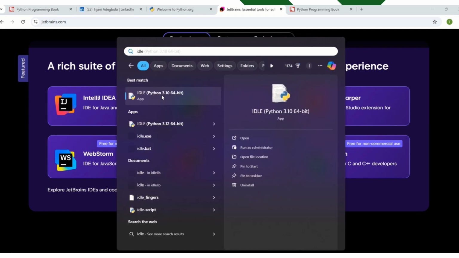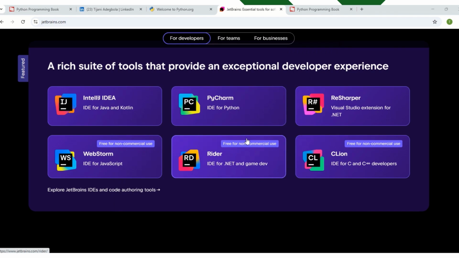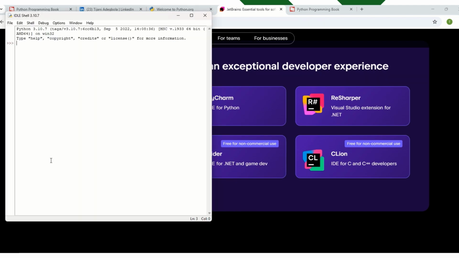You can see this comes with the Python distribution itself. When you click on open, let's wait for it to open. This is the environment where you're going to be writing your code. It's still loading. So right, good.